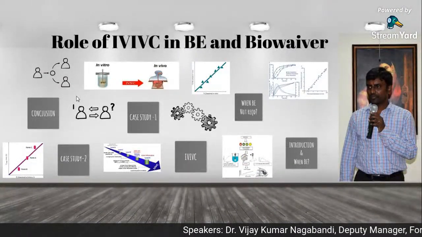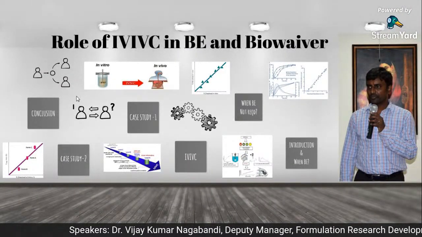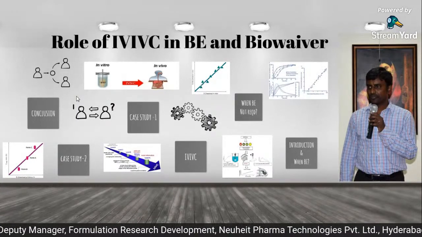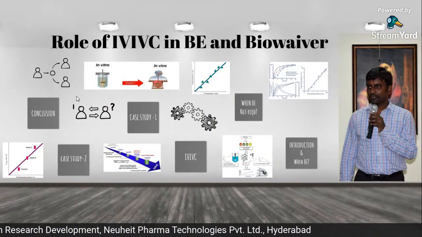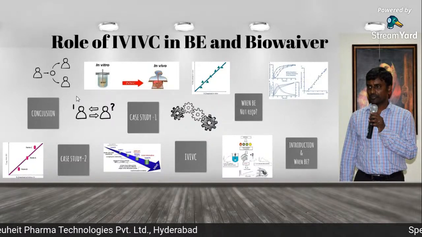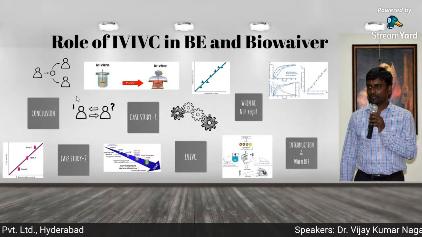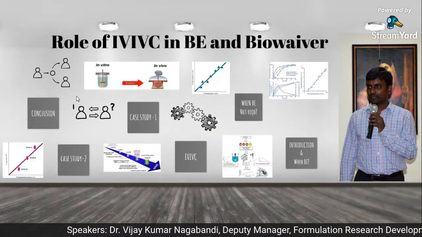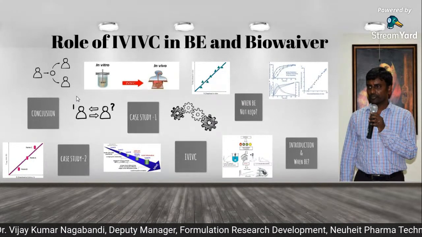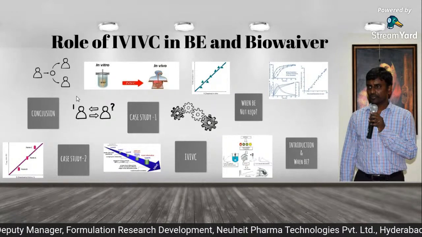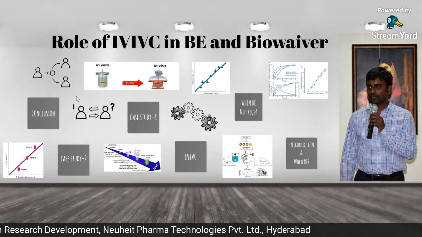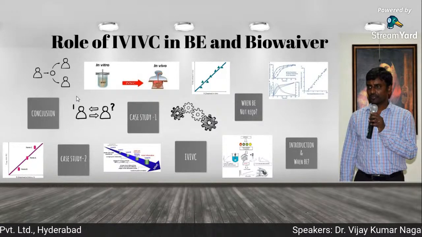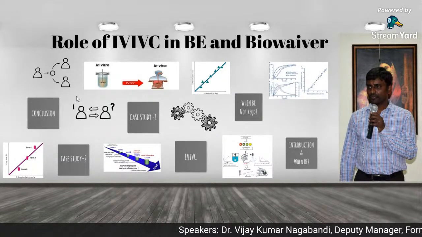So now, the introduction about the importance of bioequivalence testing, where bioequivalence testing is required, where in vitro testing is enough, and where in vivo testing is mandatory, I've already explained. Wherever bioequivalence testing is required, the chances of failure are higher unless you have a practical biorelevant tool to predict the bioequivalence value. That is where IVIVC comes into the picture, establishing the correlation between in vitro testing and in vivo performance. I hope you got my point.